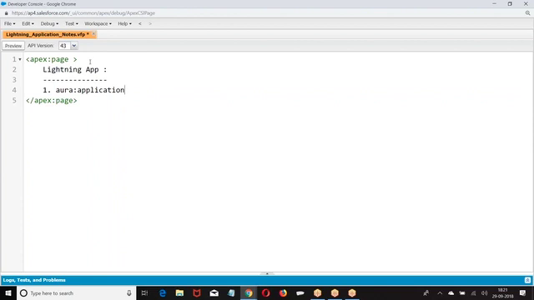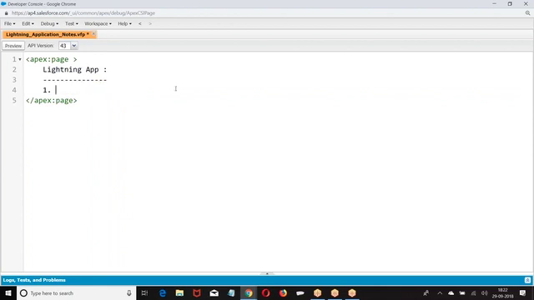Similarly, there are some predefined components defined under the namespace of aura. Under the namespace of aura, there are some predefined components which are designed, which we are going to use to build these applications. How we are using apex:, similarly in lightning also, they have given a few predefined components using the Aura framework. So using that Aura framework, we'll be using the components. Right. So what was that? Aura application. What was this aura:application?